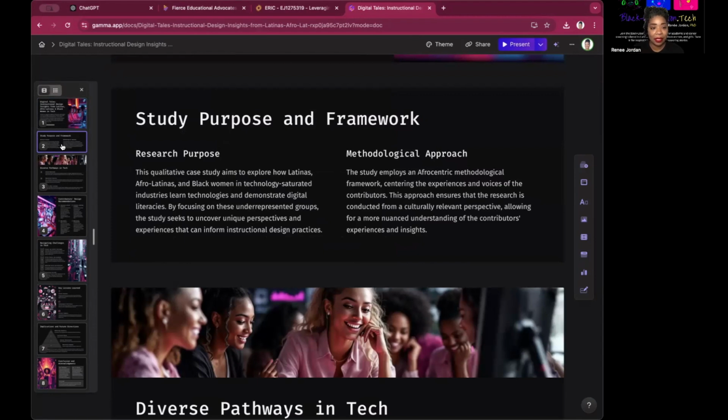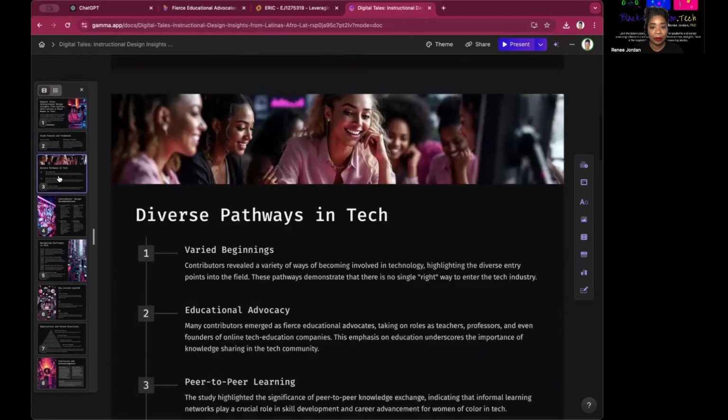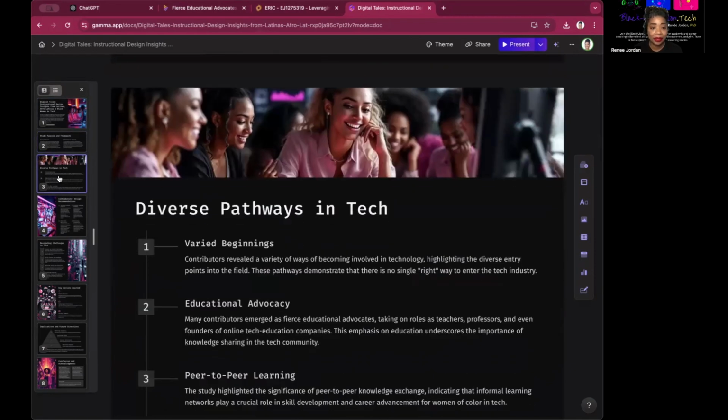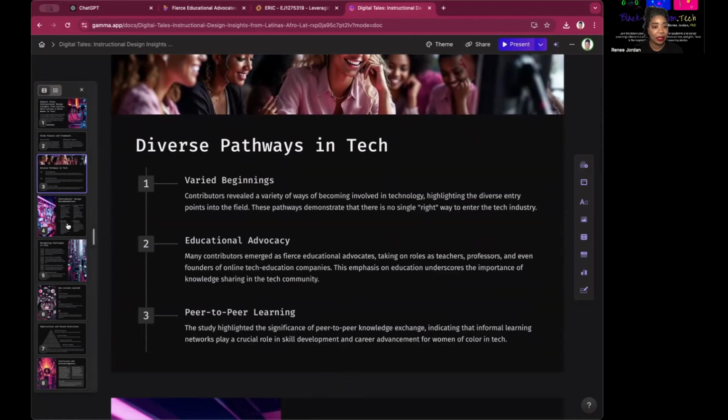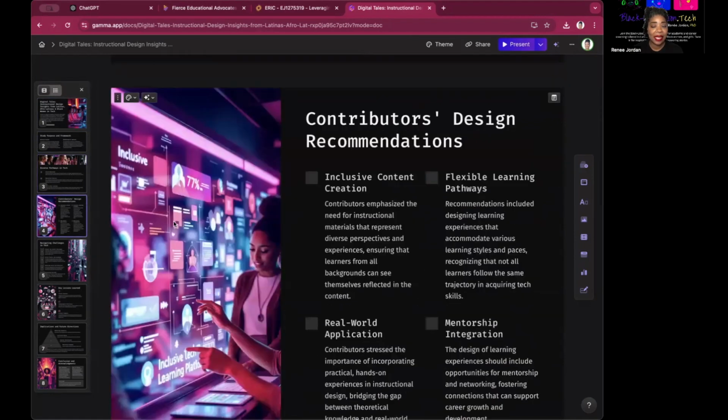And you can fill it in based on the information that you have. This deals with the fierce educational advocates piece right there. And the thing is, AI is just generating it based upon what it thinks will work and what you provide with it. I really like these pictures. I'm definitely keeping these pictures. Write that down. Renee is using these pictures.